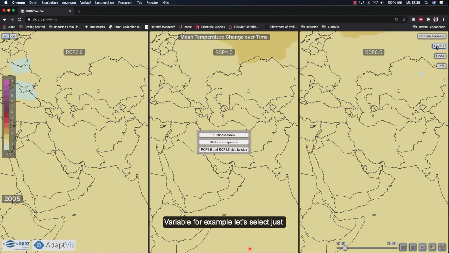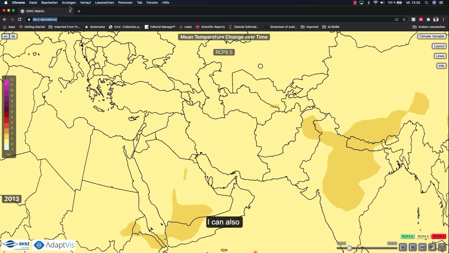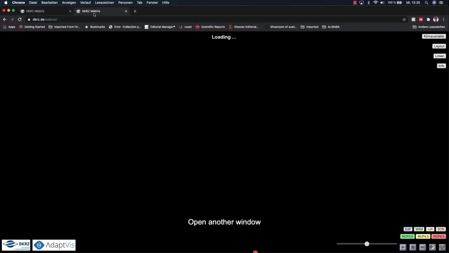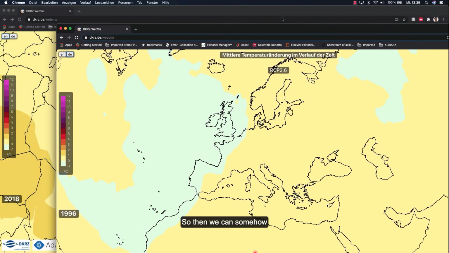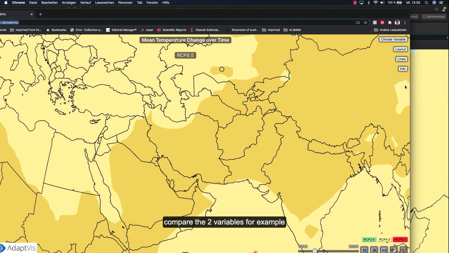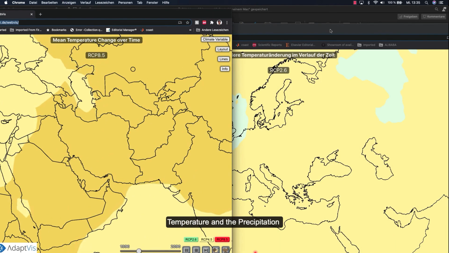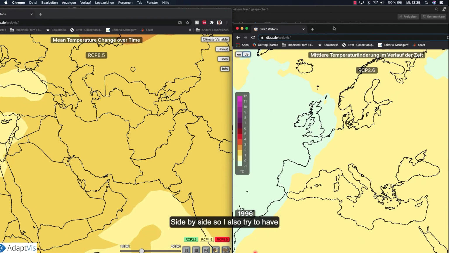For example, let's select just one scenario, RCP 8.5. I can also open another window, so then we can compare the two variables, for example, temperature and precipitation, side by side.